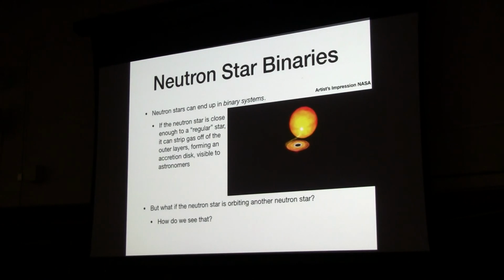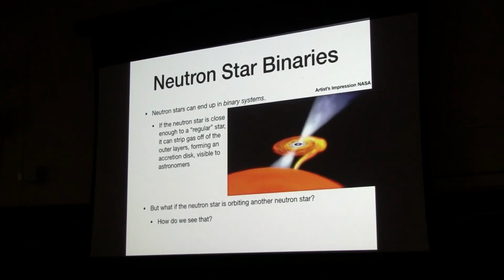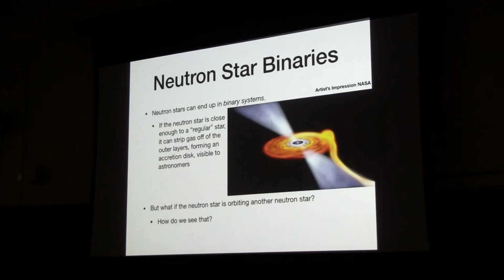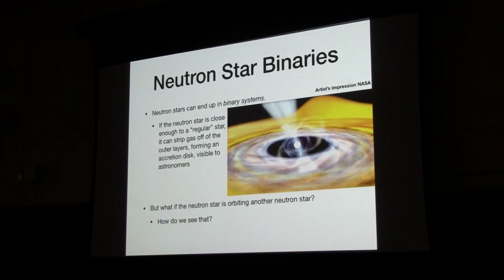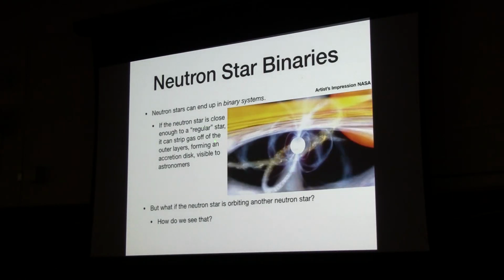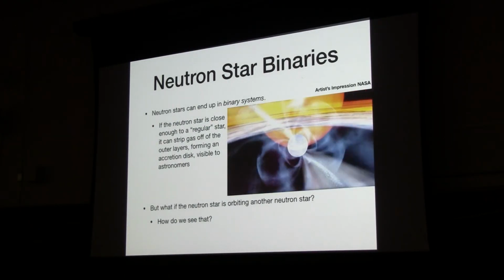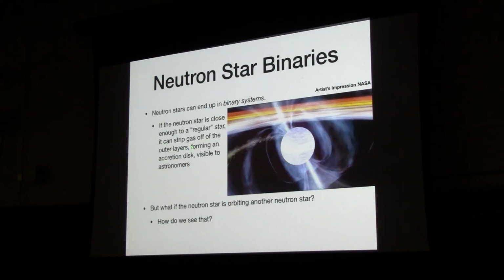So a neutron star by itself, if you're not lucky enough to be living in a way that you can see that pulse of energy coming right at you, is basically pretty invisible. Right? It's 10 kilometers across. It's not giving off a lot of energy. It's just floating in space. And so it's hard to see. But sometimes neutron stars can end up in binary systems, a neutron star orbiting another star. If that star is a kind of regular star, like our sun or a bigger star, it can get close enough to start stripping gas off of the outer layers,